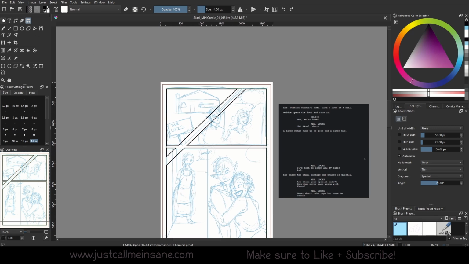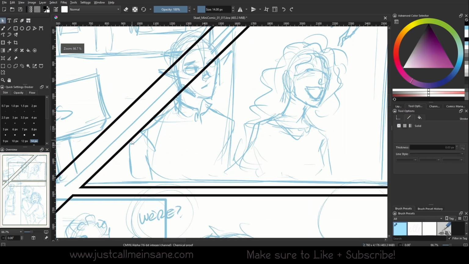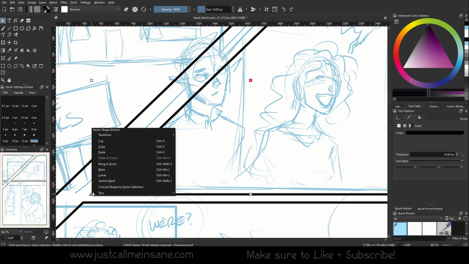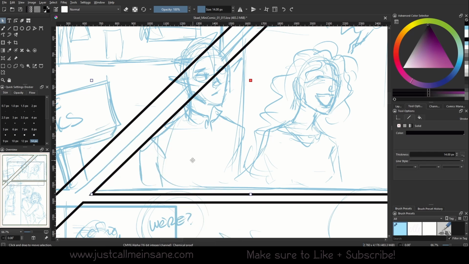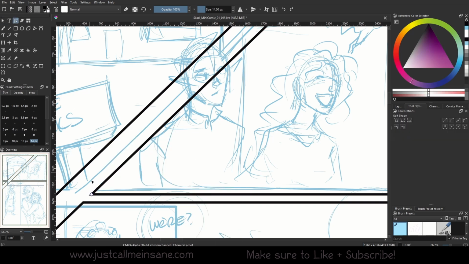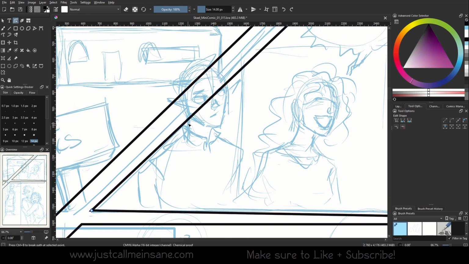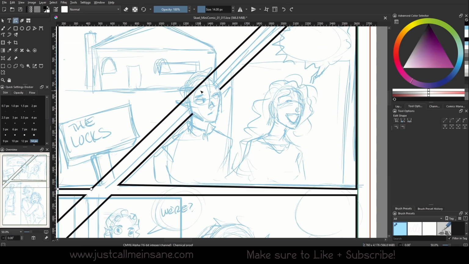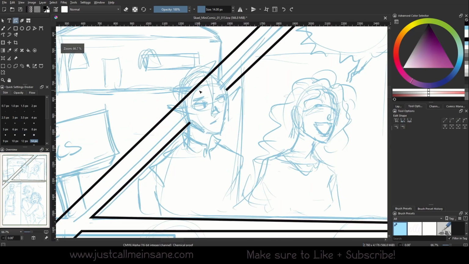What I would have to do is I would have to go in to my shape selector tool and add extra points. Use my mouse for this. And I would still have to break at the point and modify this just a little bit so the character would be coming through the panels. So you still have to do that work, but